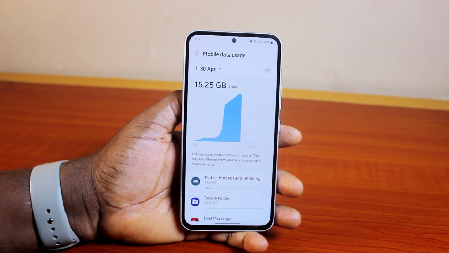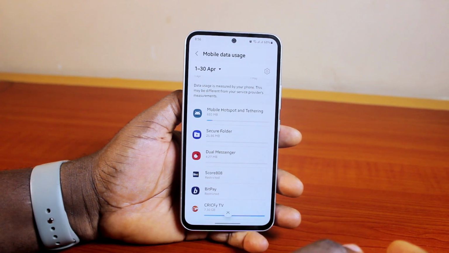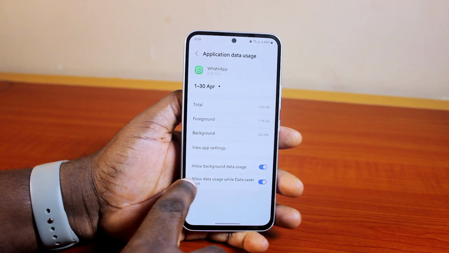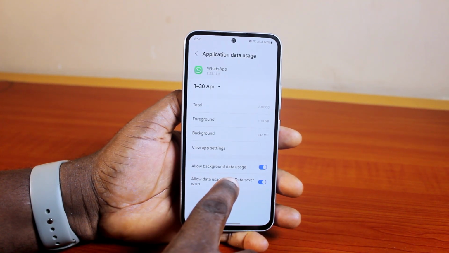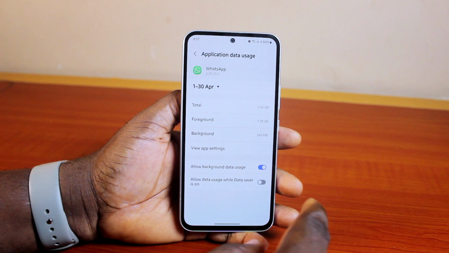Then hang on for the mobile data usage page to open. Once it opens, scroll down, locate the application that you want to restrict, and then click on it. Then it should say allow background data usage. Now, if this is disabled, for you to turn off the restrict background, just enable this and then hit the